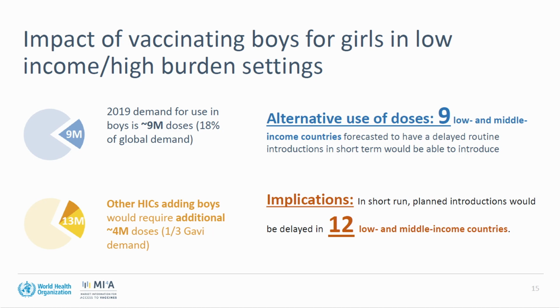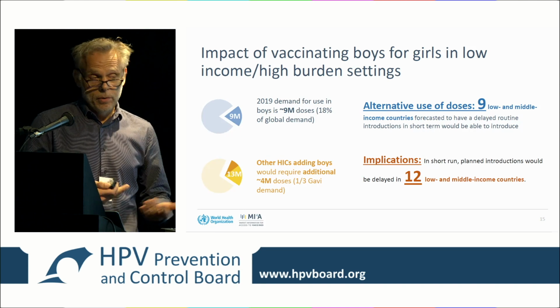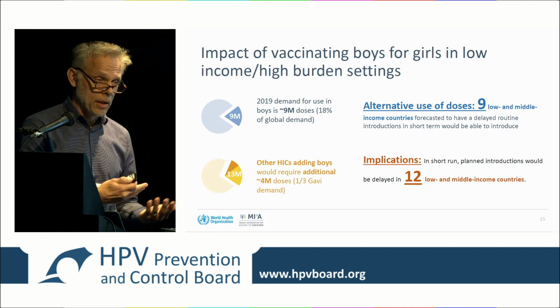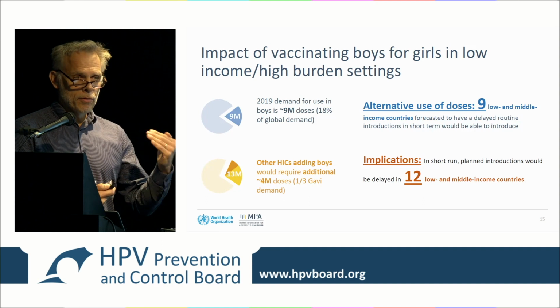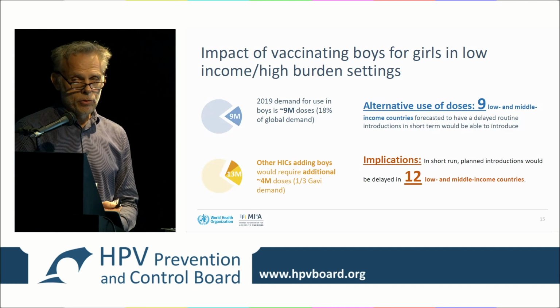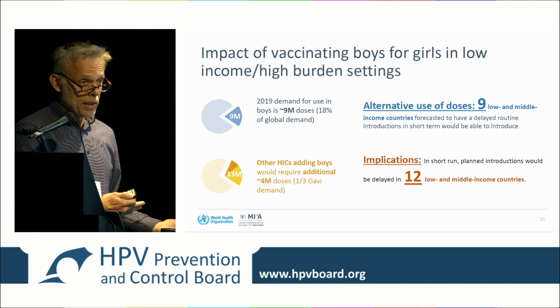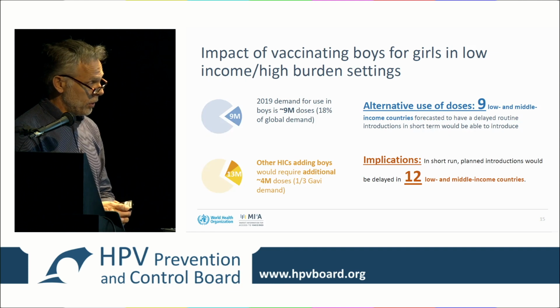So then there was the issue of boys. We realized that at the moment about 18% of global demand is used for boys, and you will see that later. On the one hand, it could have prevented a lot of cervical death, which it clearly doesn't do for boys itself. But it's particularly the rate of increase of male vaccine introductions that makes us think that if that continues as it does, and if the supply situation doesn't get better, then these introductions for boys start to eat into lives we can save for the girls.